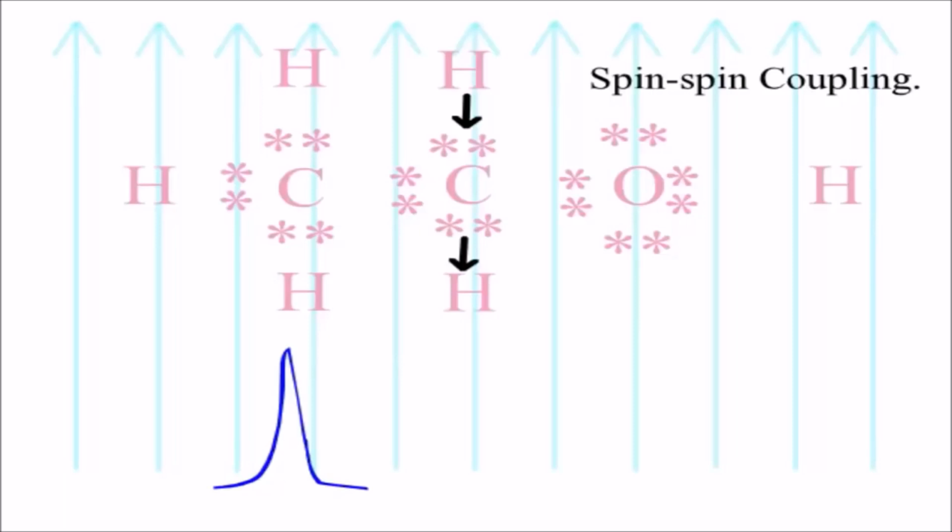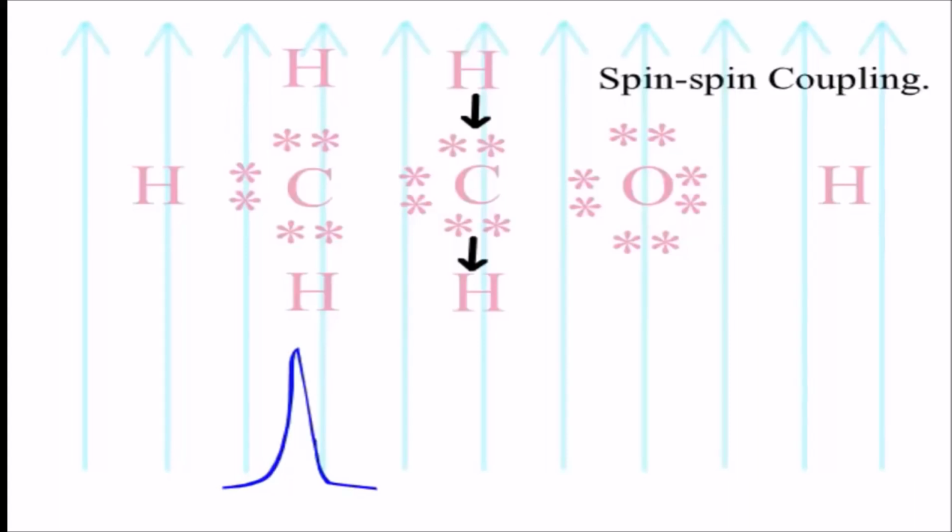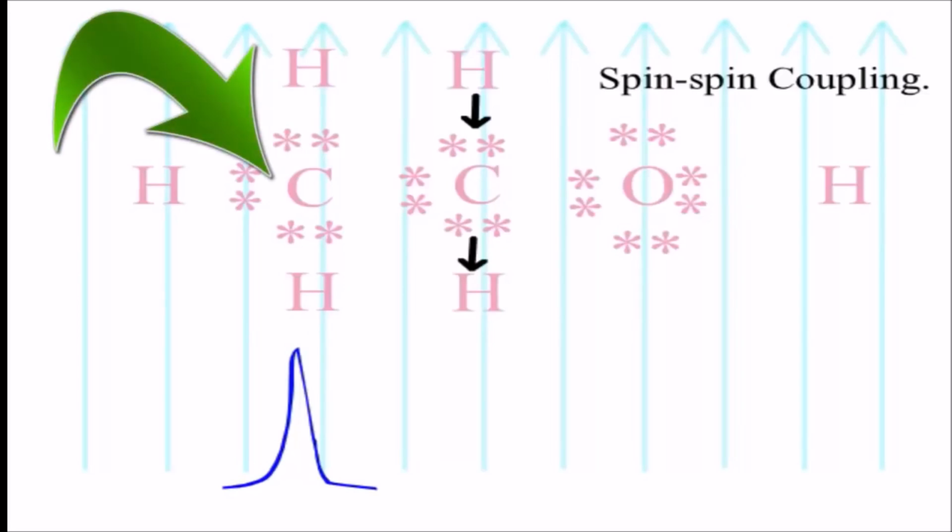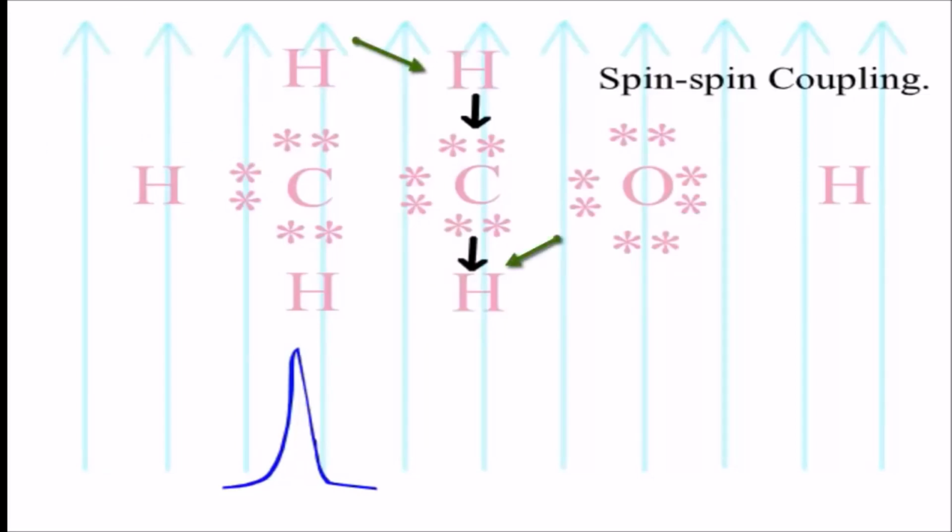Let's consider what constitutes adjacent protons to these particular protons of the CH3 group. Well, this is how it works. Look at that carbon with the green arrow pointing at it. That's the carbon that's holding these methyl protons. Now, any protons attached to an atom that is in turn attached to that carbon would be considered adjacent protons. So these 2 protons here of the methylene group would be considered adjacent protons to the protons of the methyl